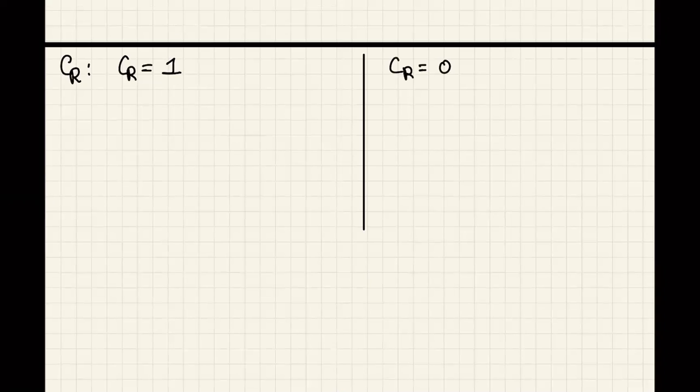So now we'll try to see what happens for each of the limits. First we'll study Cr. So first parameter under study is Cr, and we are studying the case where Cr is equal to 1. So what happens when Cr will be equal to 1, and what happens when Cr is equal to 0?